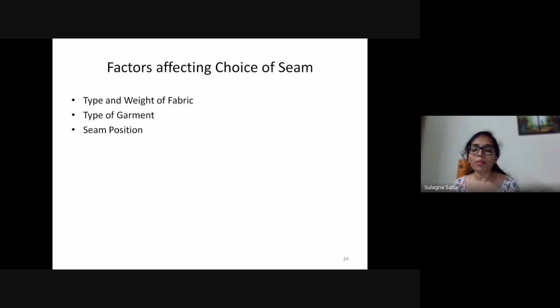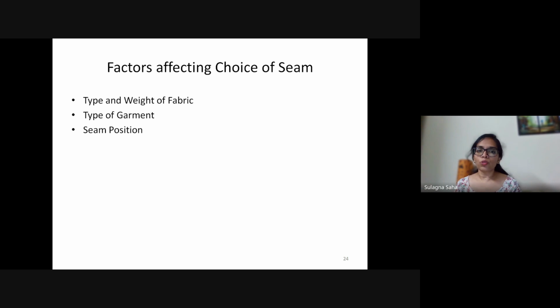The type of garment again is very important. If it is a very fitted garment, for example, if I'm working with knitted leggings, I will use a bare minimum seam allowance and stitch it with an overlock machine. Or for example, undergarments, the type of seam also defines.